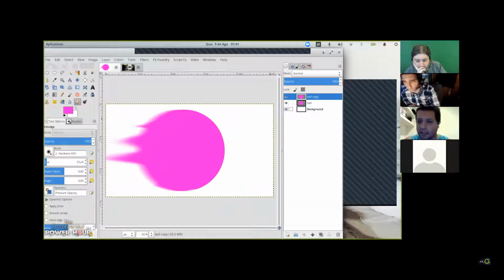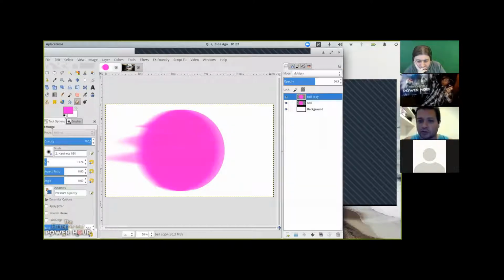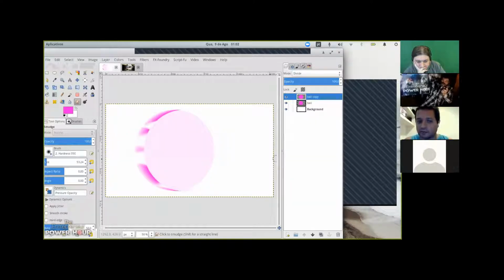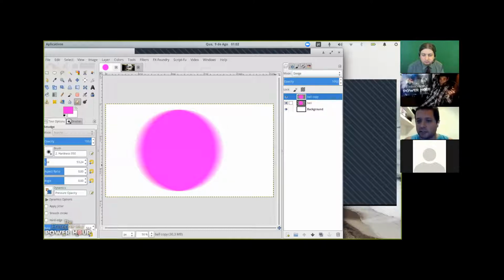I can, for example, change the opacity of the layer, or I can change, as I said, the composition mode. The normal one is normal. I will change it to multiply, for example, and it multiplies the colors. I can change it to divide, for example, or color, or value, or we have many other effects. You don't see much difference because I'm using the same color, but let's say